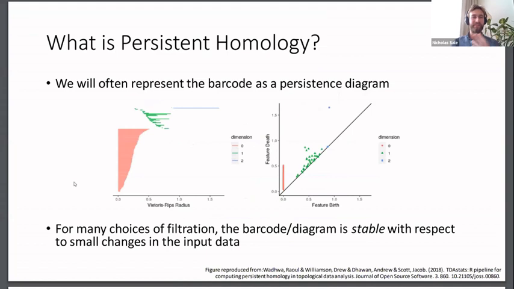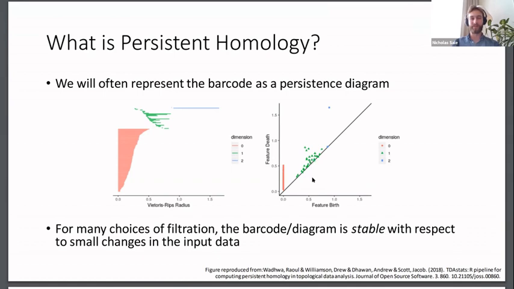Okay, so how does this... I should actually say, instead of just barcodes, we'll also look at persistence diagrams. The idea is that for each interval in our barcode, we're going to represent it as a point in the diagram. This is just another way to visualize this information. Given the left endpoint is the birth of the feature, and the right endpoint is the death of the feature, we plot it on the graph at point